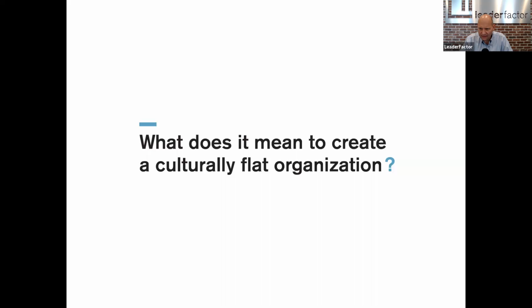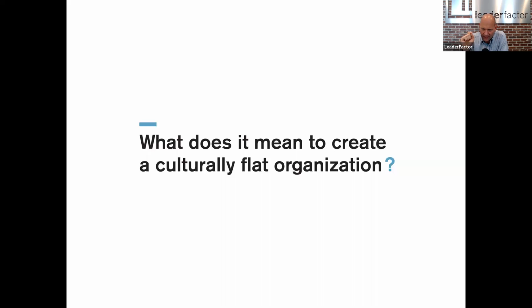As you're doing that, let me just say that if you have a large, complex organization, then there has to be hierarchy. There have to be roles and responsibilities. There has to be a division of labor, right? This is how we organize work and how we execute. So these are some necessities in organizational elements that we have to have. But the culture doesn't have to be hierarchical, does it? And that's what we're talking about.